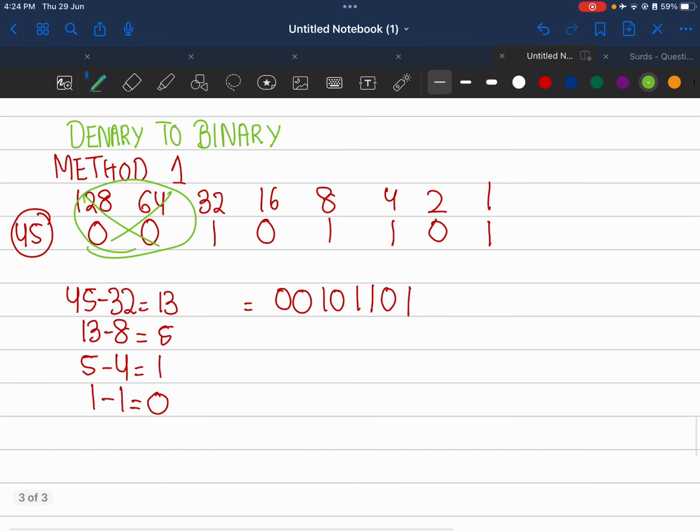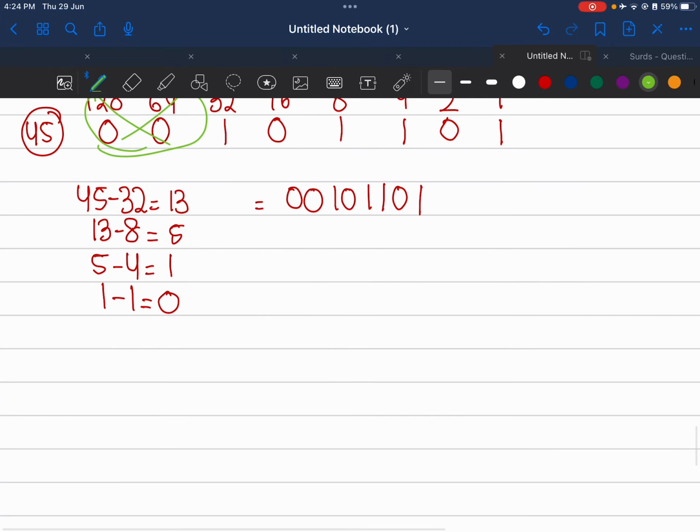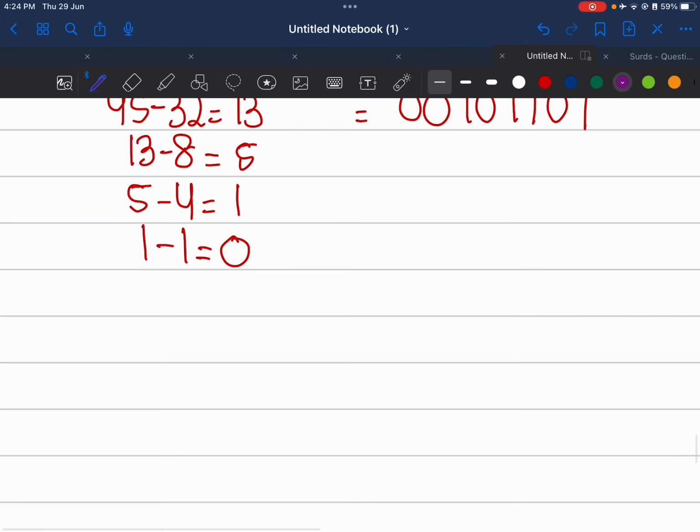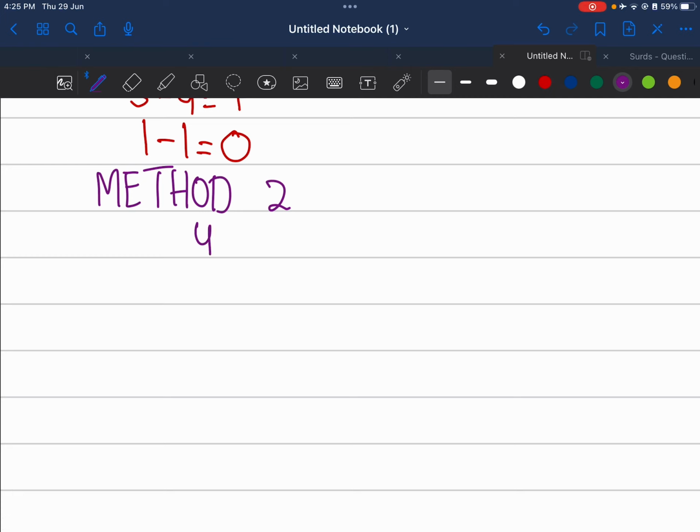Now I'm going to use method 2 with the same number so that you can understand that it still gives the same answer. So let's look at method 2. Let's say you have 45. Now what I want you to do is divide 45 by 2